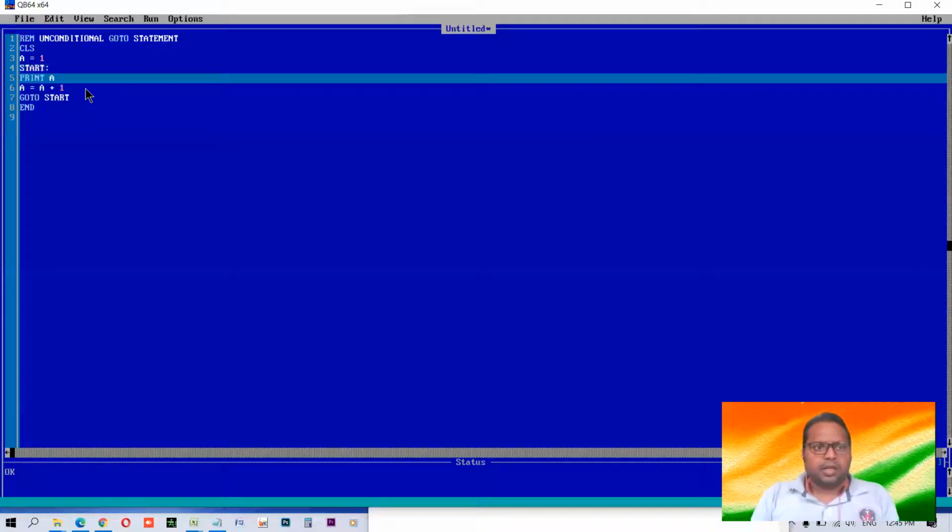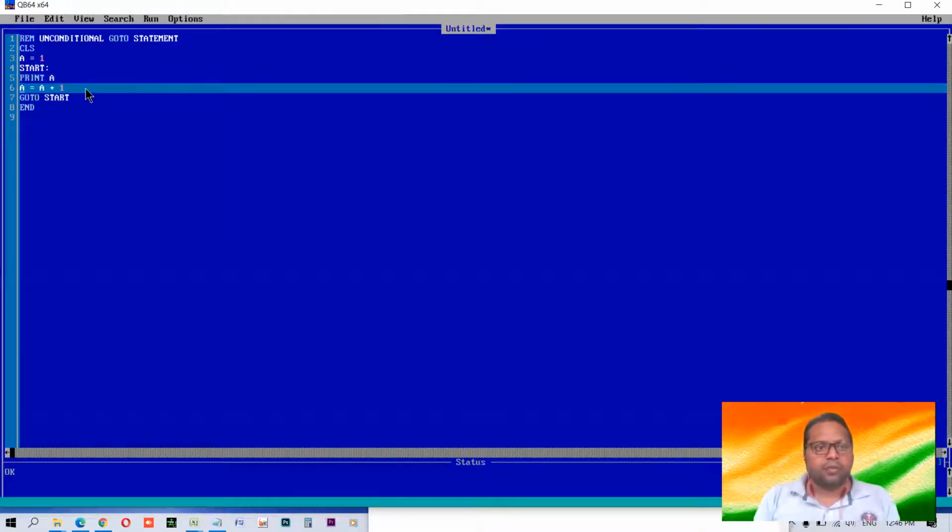Now here is the keyword print a. What does it do? You can watch in the previous video what the print command does. It simply prints the value of that variable a. What is the value of that variable? A is 1. 1 will be printed then. Then again we are doing what? A is equal to a plus 1. Now what we are doing with a? A is a variable. Variable means which can vary, which can change. So right now, before the execution of this line number 6, the value of a is 1 in memory, and that was printed also. We will see this when it executes.